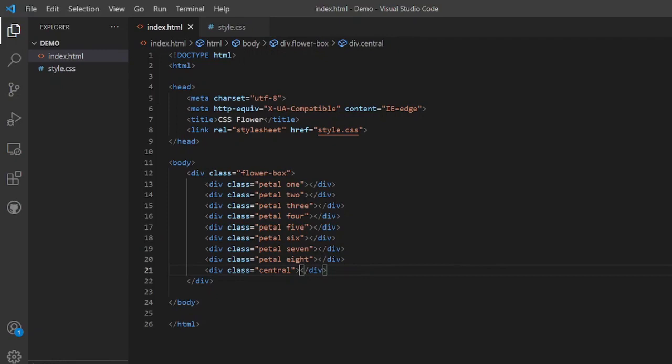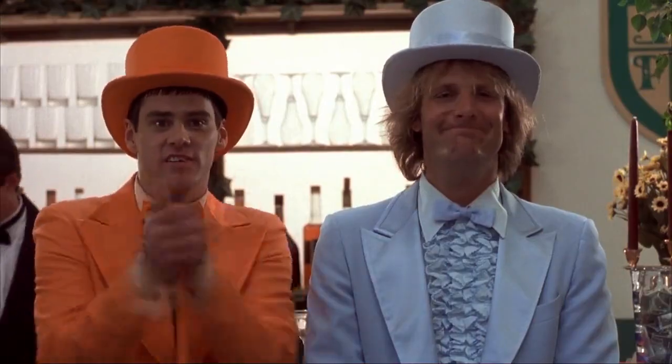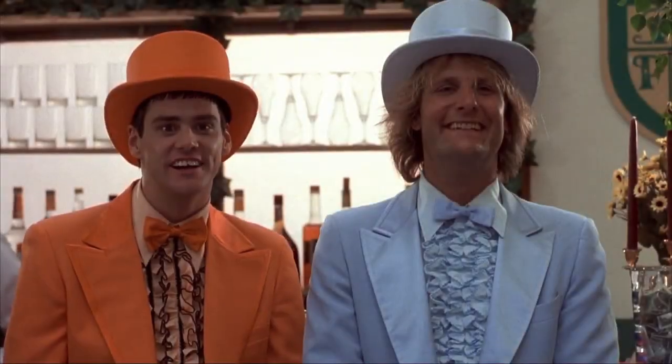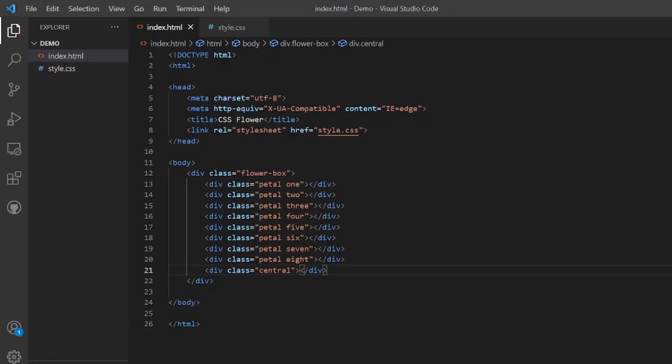Save it, and we'll go to the browser to see our final product. Voila! Here we have the full flower using CSS. So CSS is very interesting once you get the gist of it, once you understand how the things work in CSS, and similarly you can design other shapes as per your creativity using CSS.